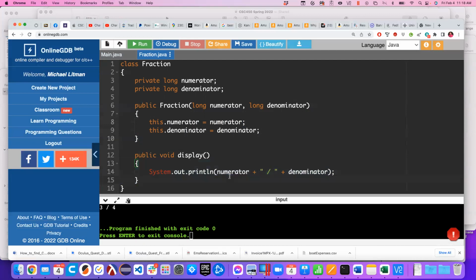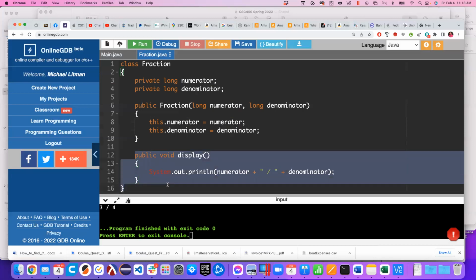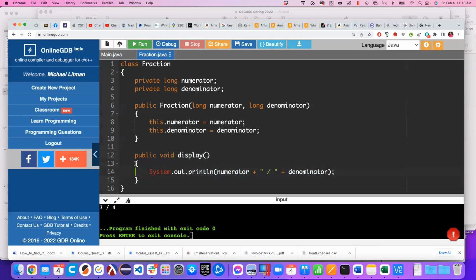Yeah, so variables always resolve to their most local definition. So if I'm looking at this variable right here inside the display, Java is going to say, what is the value of a variable called numerator? And the first thing it's going to do is look in its own neighborhood and say, is there a variable defined here called numerator? It's not going to find one. So then it's going to say, okay, well, let me jump up to my next most local scope. And that's going to be the scope owned by fraction. It's going to find numerator there, and it'll boil down to the correct value. That's why it did work